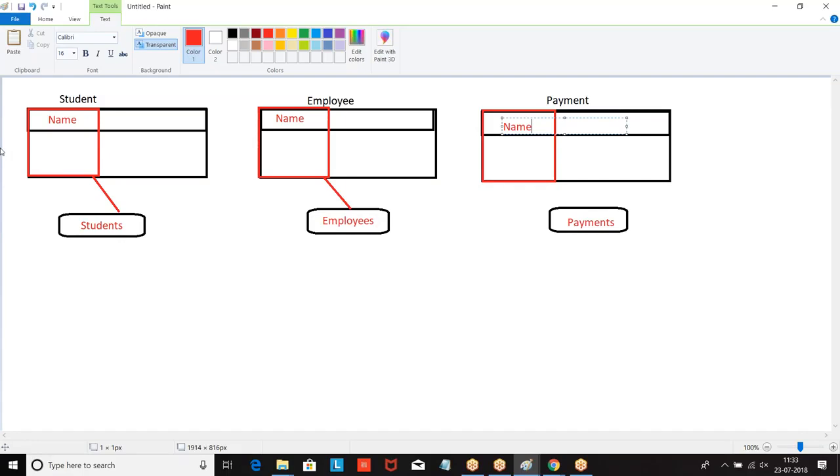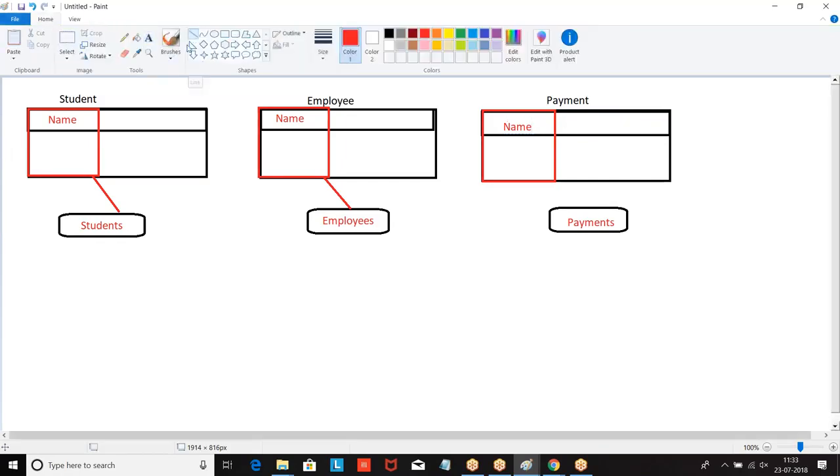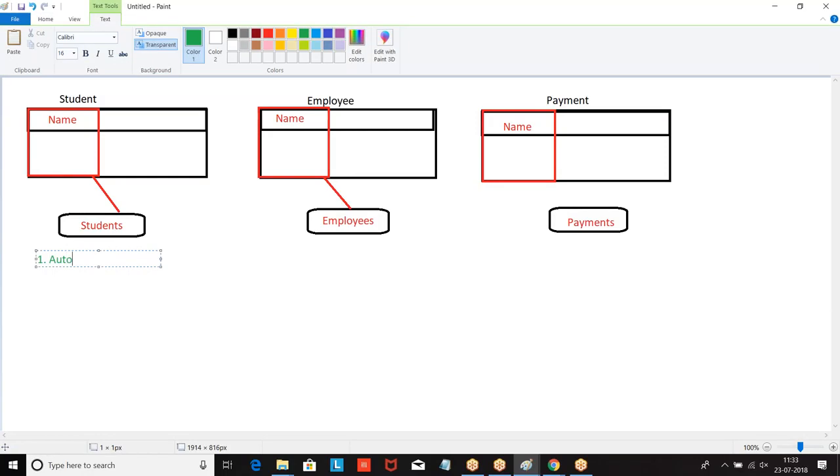When you say it is a name field and you are supposed to enter the data, what type of data can you enter? It only supports 2 data types. One is auto number. Second is text. Auto number means system will auto generate the value based on the format you have mentioned.